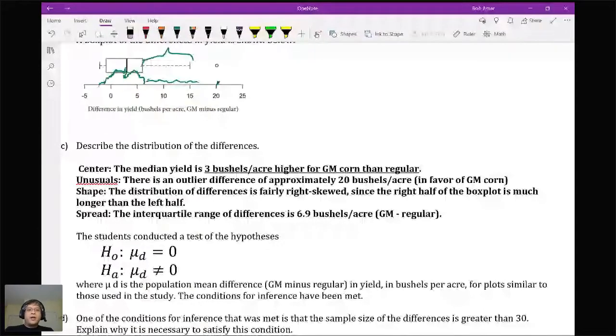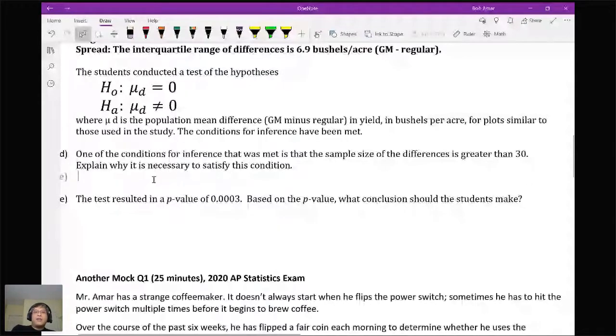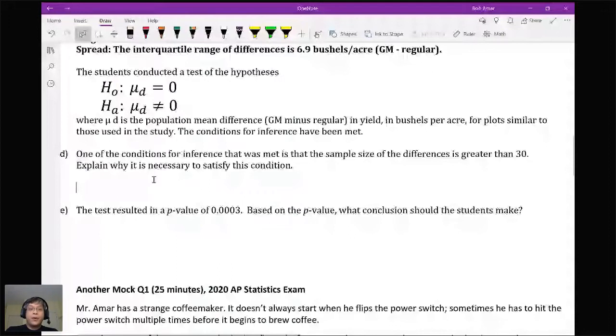The students conducted a test of the hypotheses where mu sub d is the population mean difference for plots similar to those used in the study, and the conditions for inference have been met. One of the conditions for inference was that the sample size of the differences is greater than 30. So now we have conditions. And checking this condition, when you have the sample size of the differences greater than 30, and you're testing for a mean,